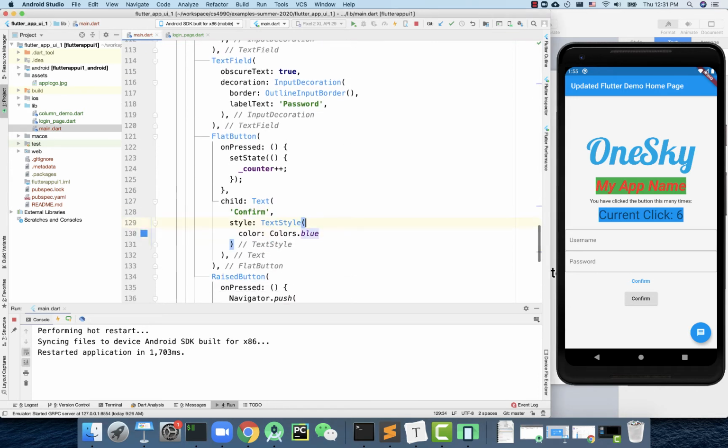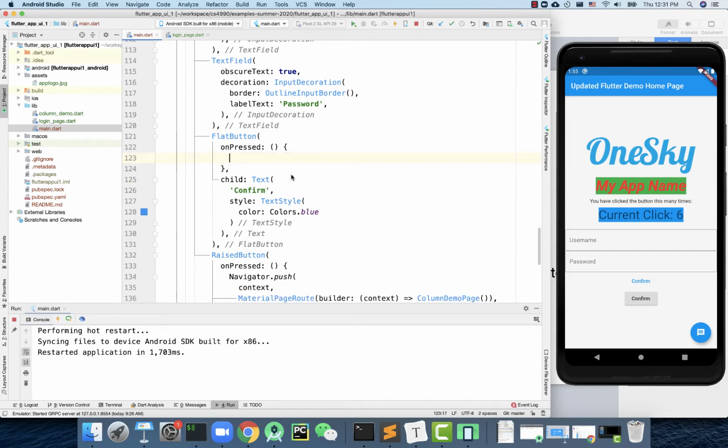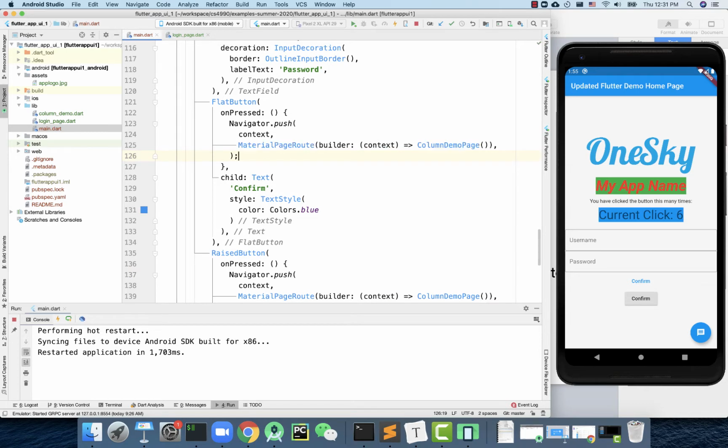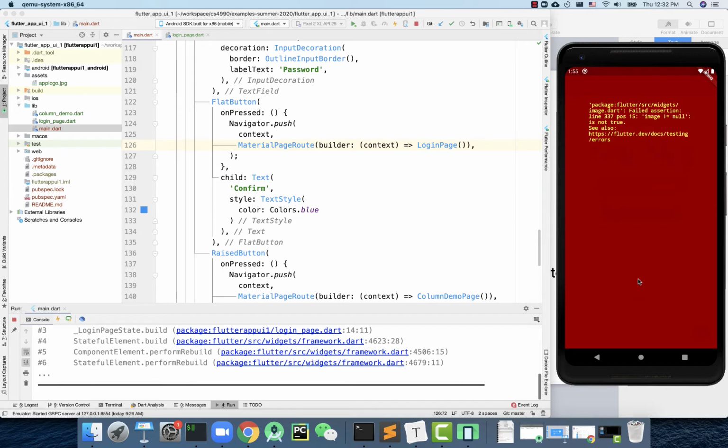This is a flat button right now. When you press the button, it just increases the counter, but I'm gonna do the navigator again. I'll just use this one here, and this time I'm gonna go to the login, my own login screen. All right, so rerun the app, click on this button. That brings me to the next screen, and then it shows a lot of errors, obviously, because